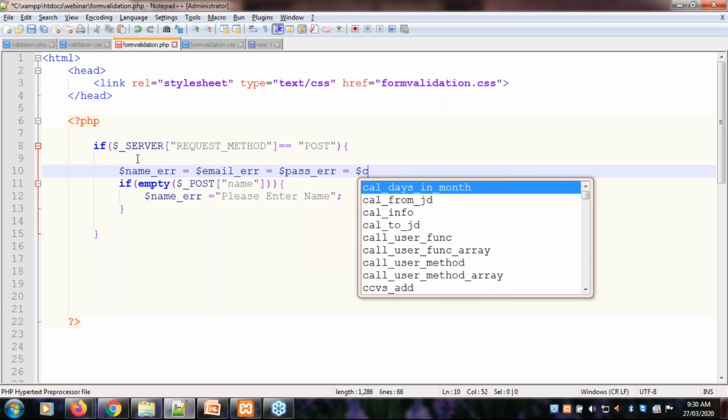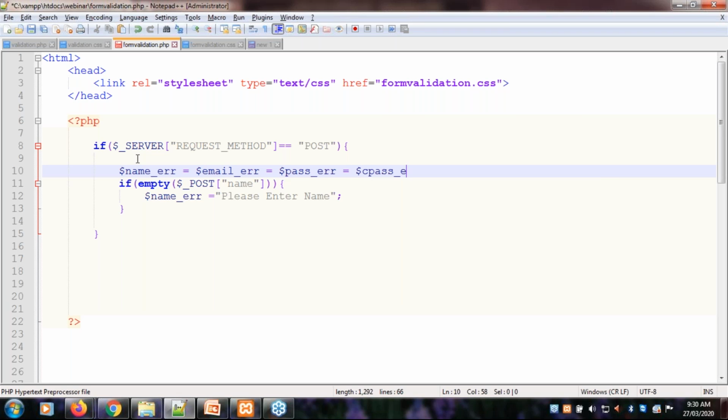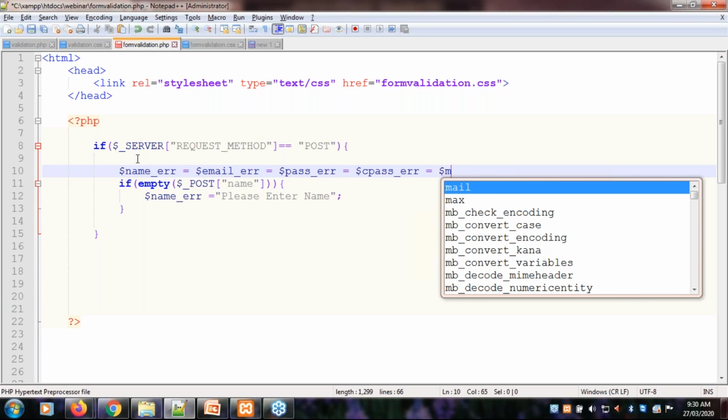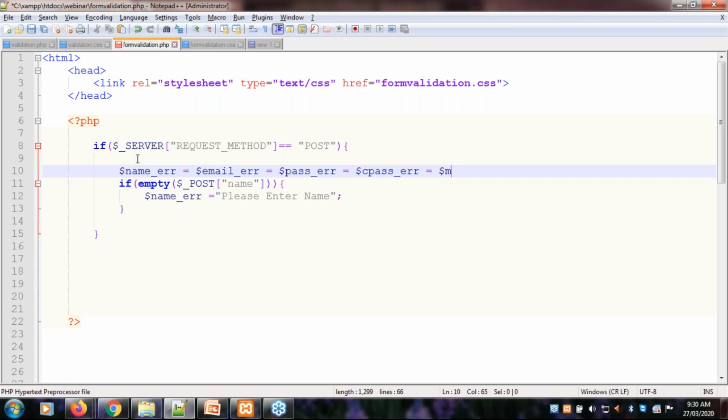Same way for confirm password error, $confirm_pass_err. Next, for mobile number, $mo_err.